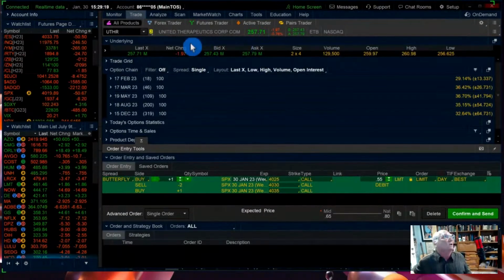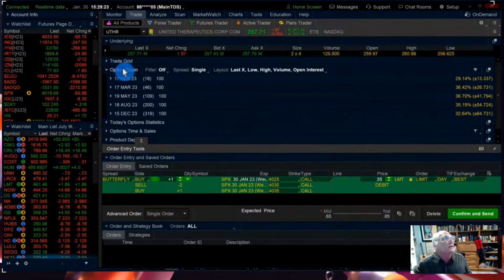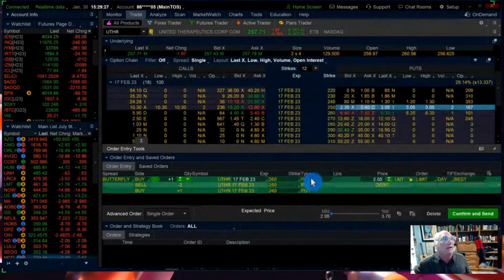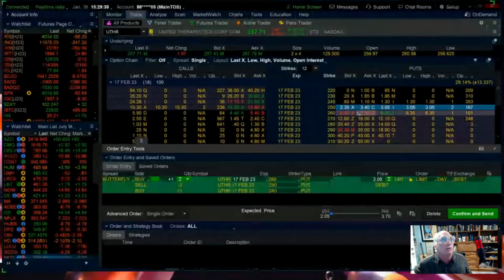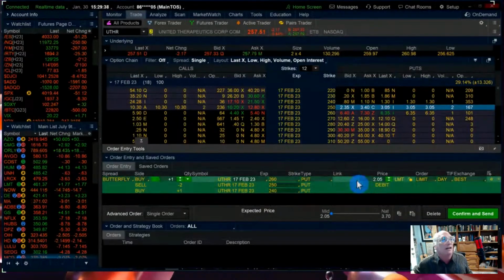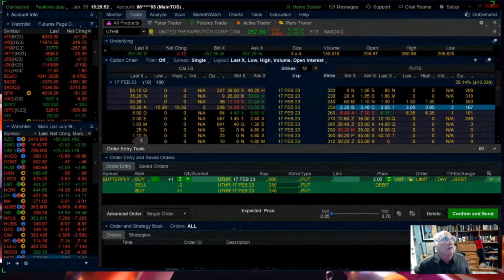So the whole idea in this is that if this goes to 250, this thing will go way high, but you can't buy options because you could drive a truck through it. But a lot of times they'll fill you on option trades. See how it says 205? That's it. We did it for what, $1.60, $1.80. So this is going our way. We need it down about 2 more points, and then I'll get excited. So I just want to let you know that. But I still have it on.